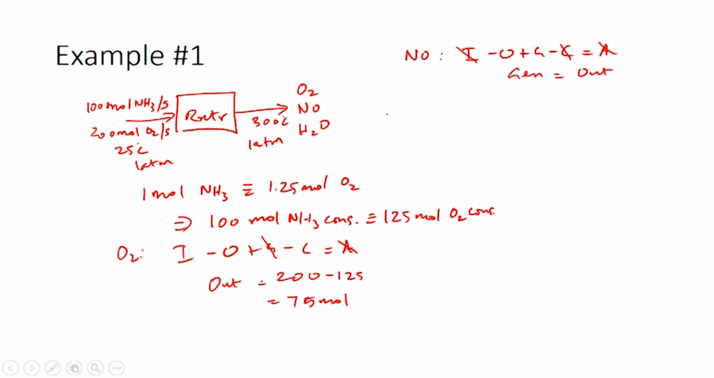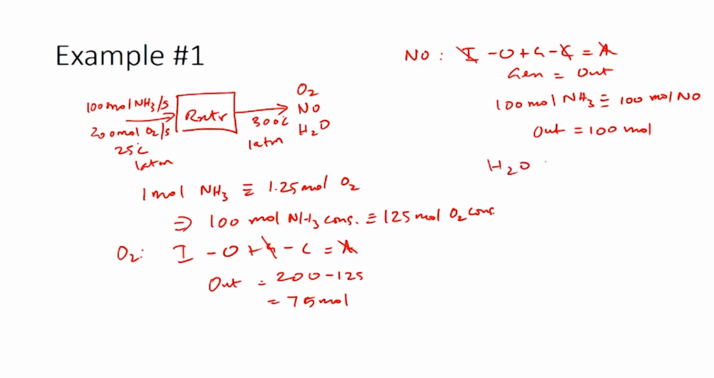So, generation can be identified using stoichiometry. So, we have seen that for 4 moles of ammonia being consumed, you have 4 moles of nitric oxide produced. So, you would have for 100 moles of ammonia consumed, you would have 100 moles of nitric oxide which is formed. So, this means your output for nitric oxide would actually be equal to 100 moles,